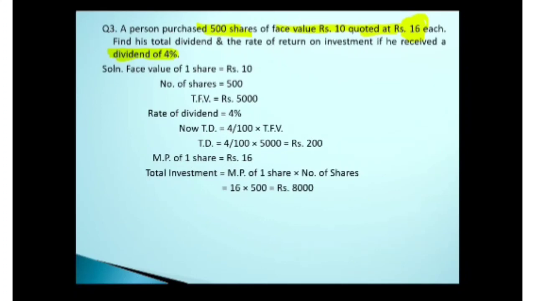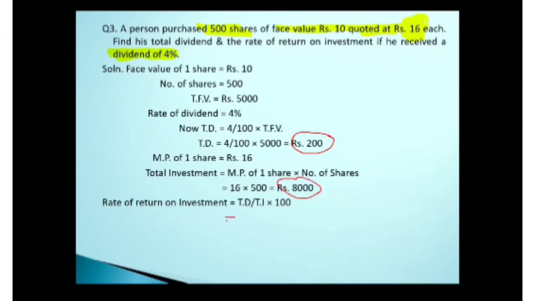After that we will move ahead to the last component of the problem. There is one more part to find out. Which one is that? Rate of return, and the formula is given. I have written the things in short form. TD means total dividend, TI means total investment. So you already got the total dividend as 200 and your total investment as 8,000. These are the two values which you obtained earlier.